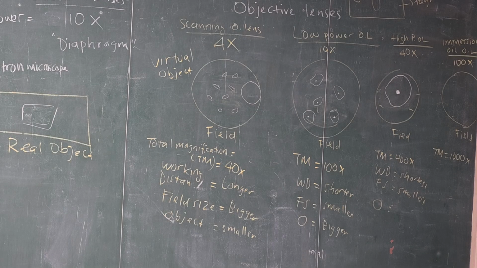Gonna start over. I could see the cells there, and then I moved it to the bigger one, and I couldn't see a dot. Okay. You see this one first for the smallest. That's the scanning lens, the little one. You're going to see it. Okay, now is the low power.